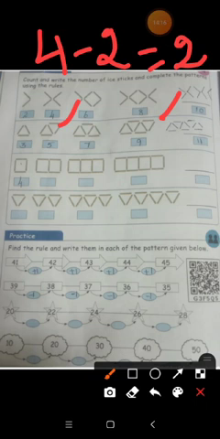First write it, and next you can start to draw the ice sticks. So now I am drawing the ice sticks, 10 ice sticks. 1 2 3 4 5 6 7 8 9 10. Now I have completed the first pattern given in the question. Next, the same thing you have to follow for the remaining patterns.